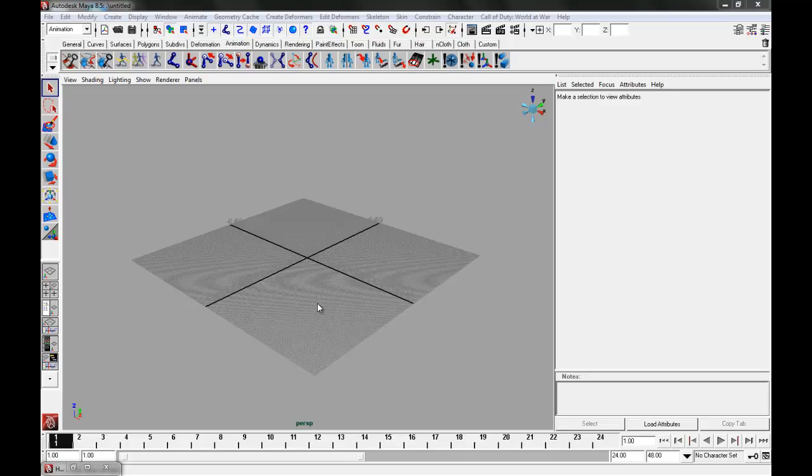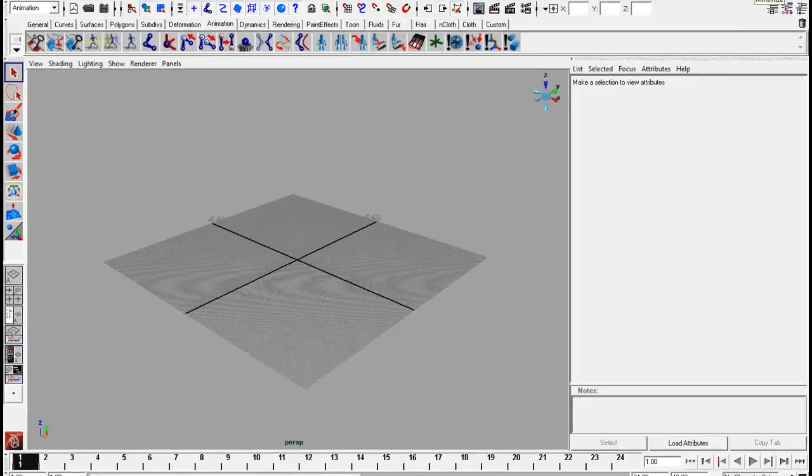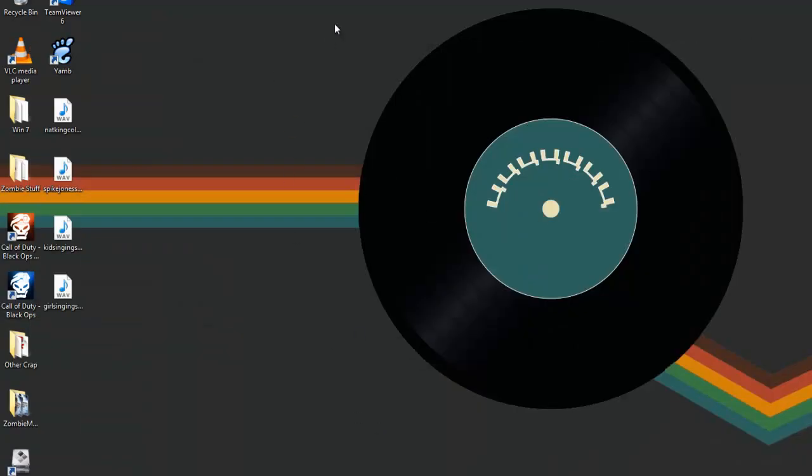Okay, this is part 2 of the Maya series. In this part, I'm going to just run through importing and exporting here. And I'll also throw you a bone and show you a way to create a